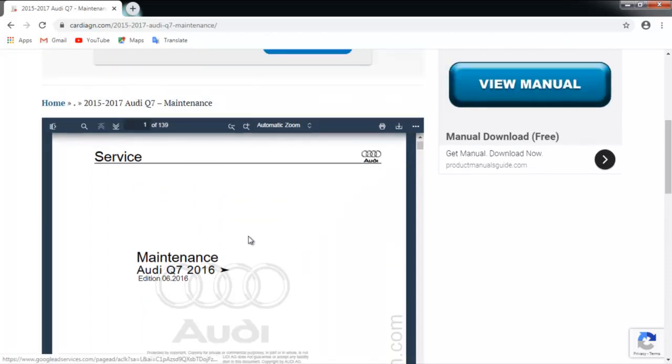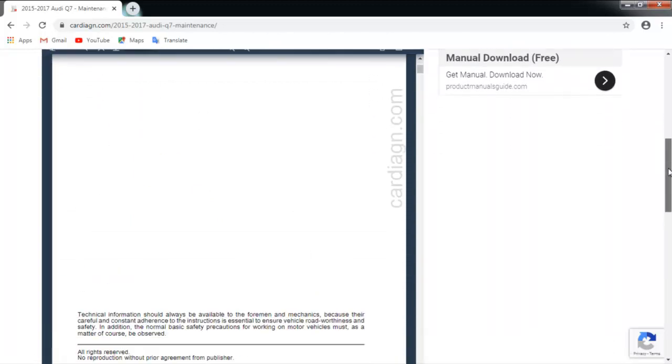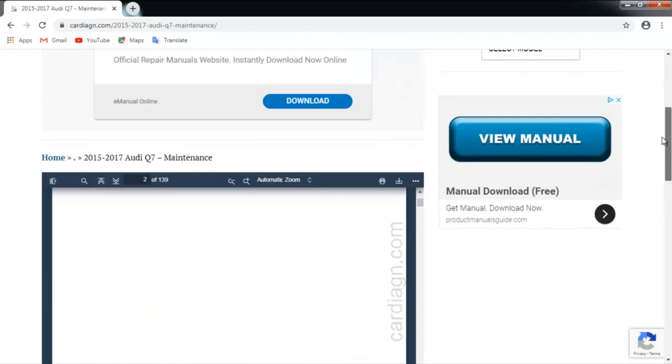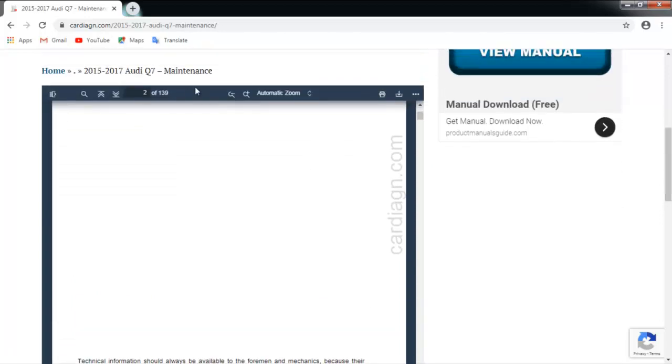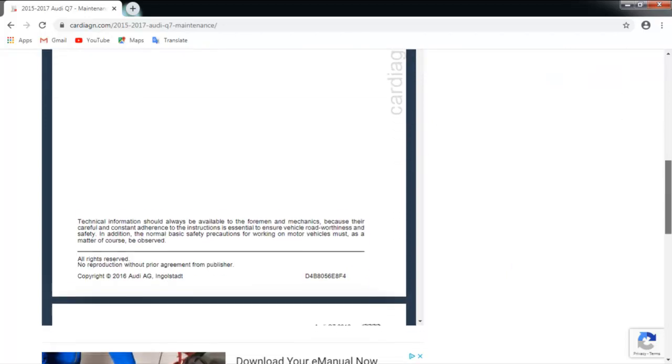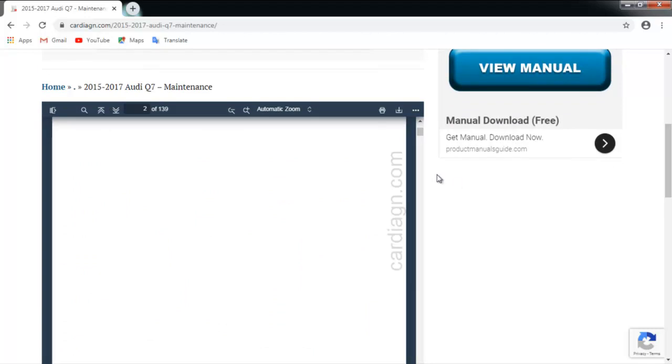you get a manual. Now, the way it's got it set up here is you can go page by page by page. Well, it's a 139 page section. And if you're looking for specifics, do you really want to page through all this stuff, or do you just want to download it into a PDF file? And that's what we're going to do. So what we're going to do is click the download button,